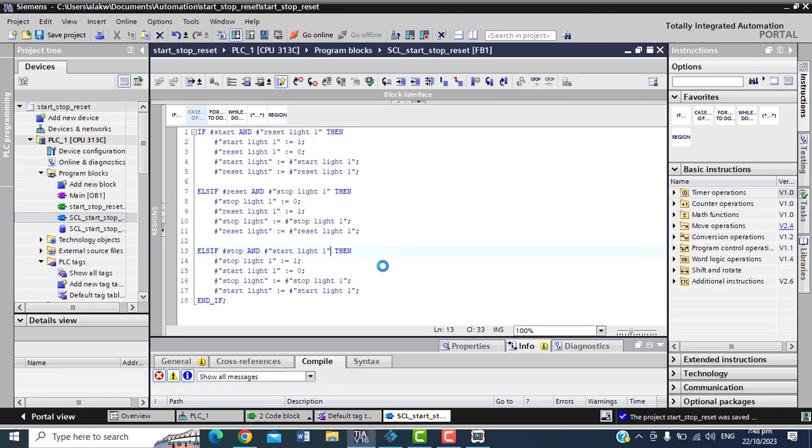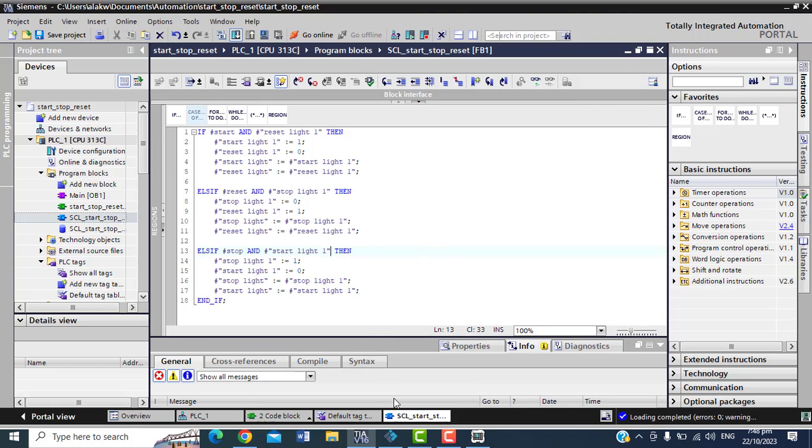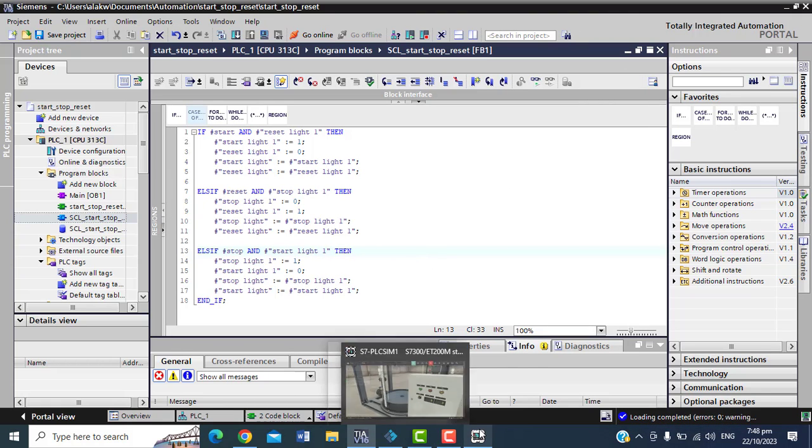Again, I don't want to make the same mistake I made before. I know they check whether the thing gives me an error message or not, but let's just try. If it gives an error on compilation, then we can always come back. But most times if it gives an error on compilation, it doesn't agree that you download. So maybe that is where my confidence comes from.